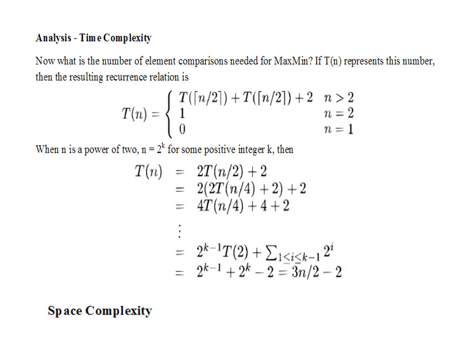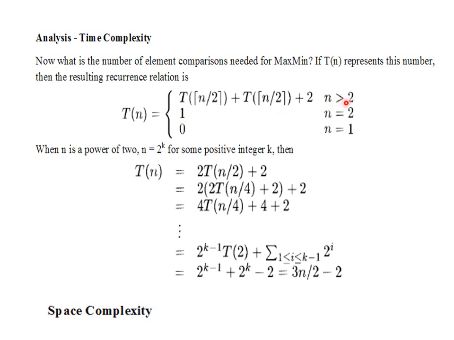Now we'll see what is the time complexity of this divide and conquer approach. From the divide and conquer approach, we can derive the recurrence relation. Now we will see the recurrence relation here: T of n is equal to 0 if n is equal to 1. What is the meaning? If the number of elements in the list is equal to 1, no comparison is required, so the comparison is 0. If n is equal to 2, number of items in the list equal to 2, then only one comparison is required, that is equal to 1.